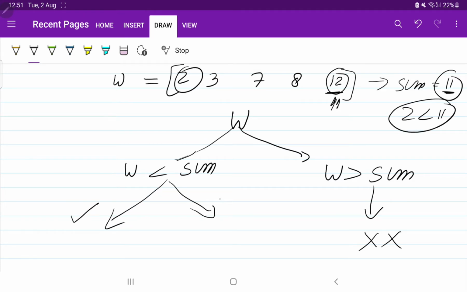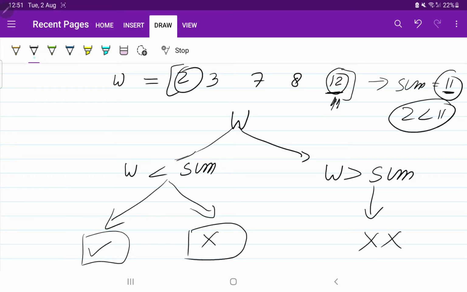We can take that element, we can leave that element, that depends upon our requirement. If by using 2 we are getting the sum as 11, then we can use the element 2, and if using 2 we are not getting the sum 11, then we can leave it. So this is the choice diagram.